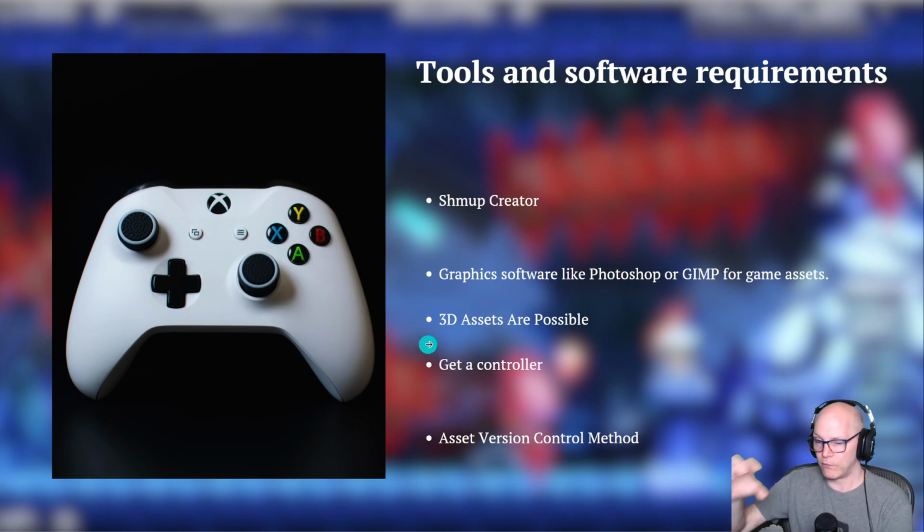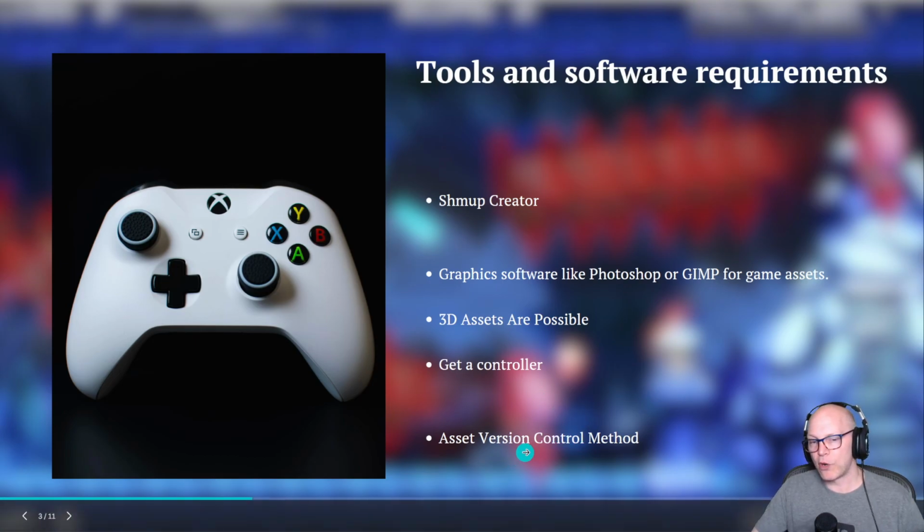So mouse and keyboard completely supported, of course. But I think what you'll find is that because Shmup Creator allows for game controllers to be used basically out of the box, people are going to play your game potentially with a controller. Sometimes they'll play with mouse and keyboard, and so you want to be able to play test with both to make sure everything feels well, because you can customize your analog stick dead zones, their sensitivity, how fast things move. So there's lots of cool stuff you can do right out of the box, and you wouldn't want to make it only with keyboard and then find out that people are playing with a controller and it's not the experience you wanted. So